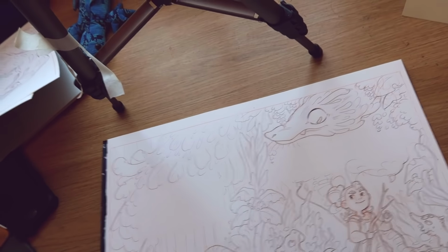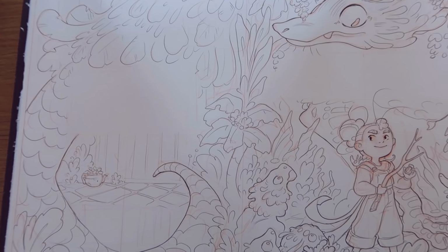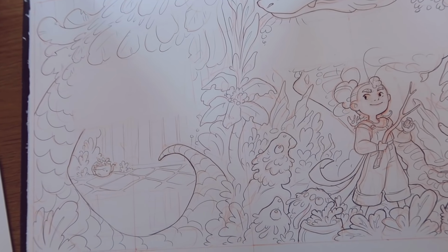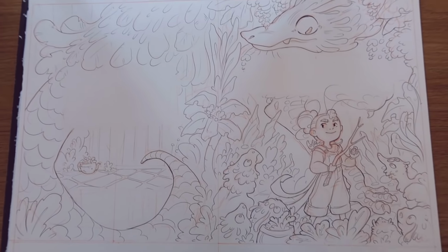Right now I do not feel good about it at all. Ugh. I think I need a break. I need to go outside, get something to eat, and just come back and scan it in and do some digital stuff. Because I can't imagine, my head can't imagine like